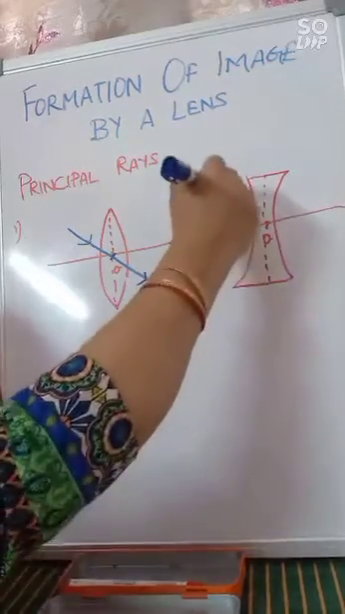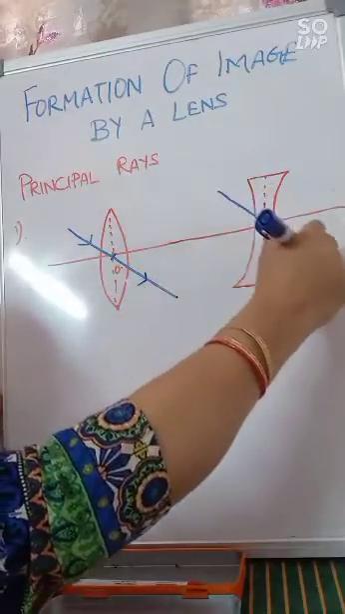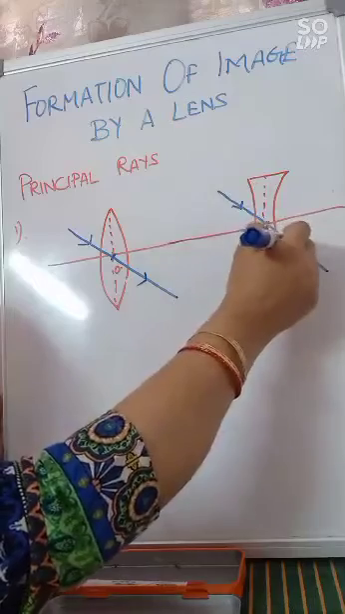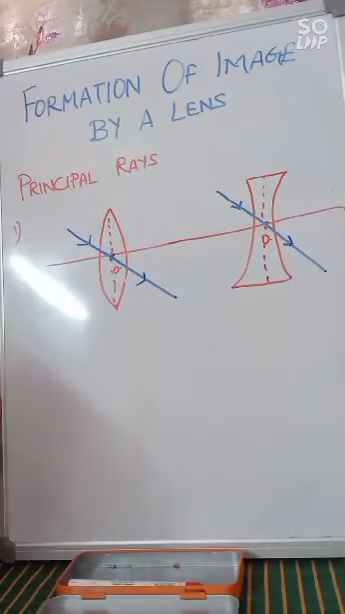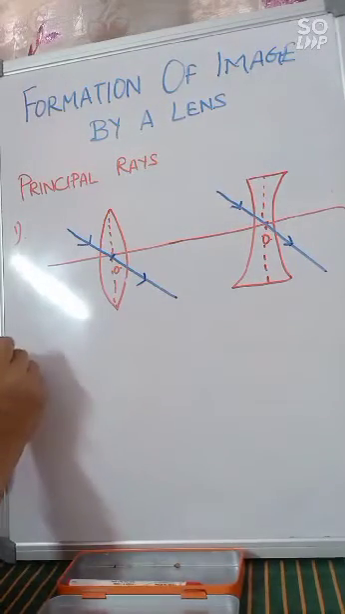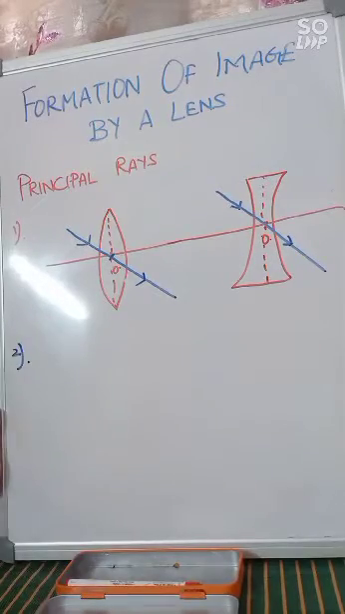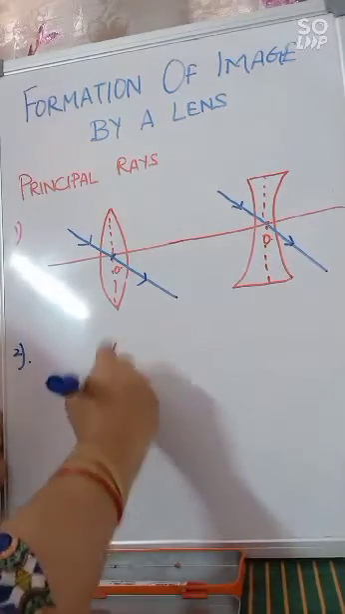Same way with concave lens. A ray passing through optical center, after refraction, will pass undeviated. And the second principal ray that we are going to talk about is a ray,